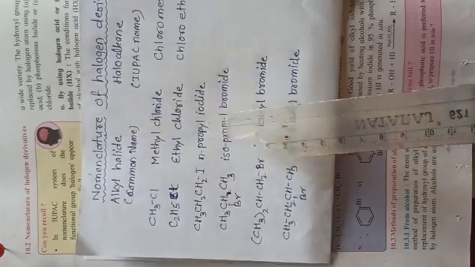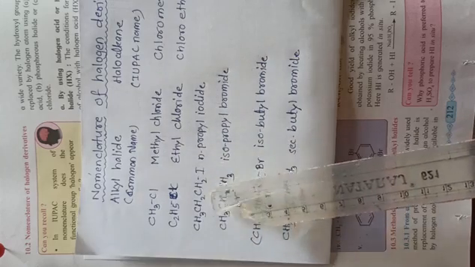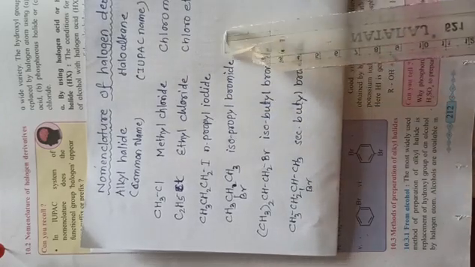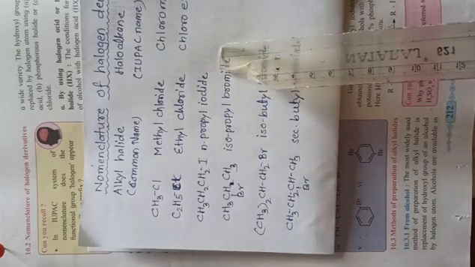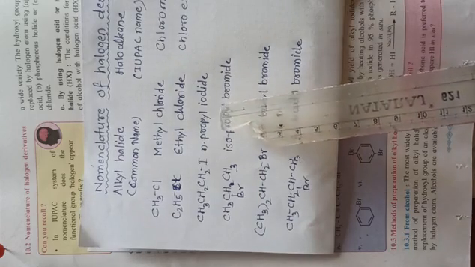Again, propyl, there are two types of propyl group, N-propyl and isopropyl. If halogen atom is attached to N carbon atom of propyl group, then it becomes N-propyl iodide. Okay. Now, what is the IUPAC name of N-propyl iodide? Now, from this member, we can follow the IUPAC nomenclature rule. So, what is the first rule of IUPAC nomenclature?